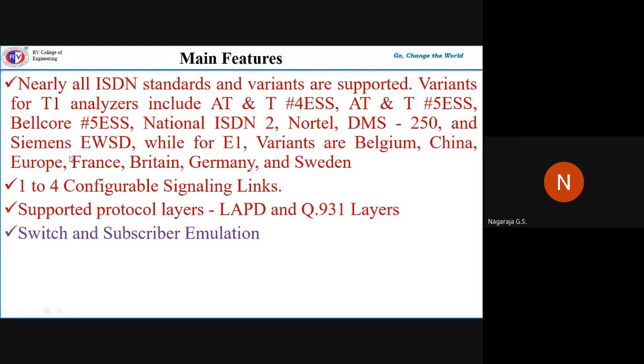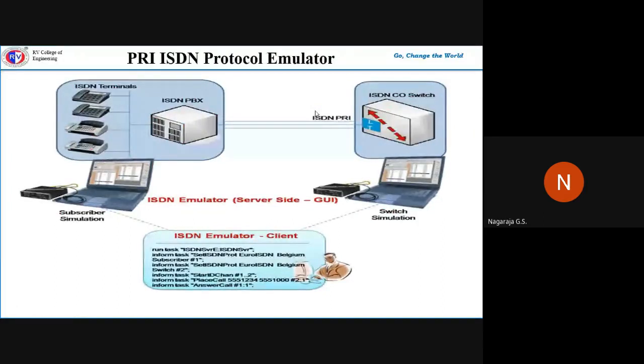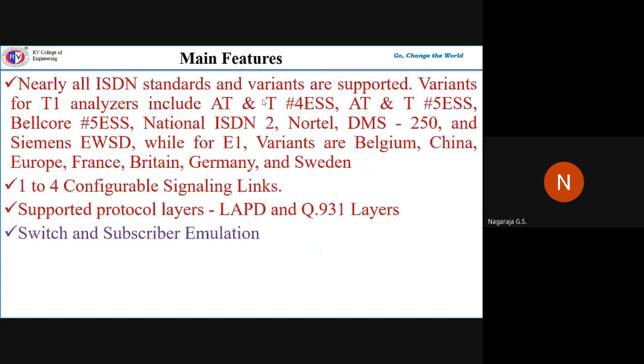Your ISDN provides so many standards and variants. You know that, right? For T1 analyzers these include AT&T 4E ESS. We use it in the case of the ISDN switch configurations, and we have another switch, the AT&T 5 ESS, Bellcore 5 ESS, National ISDN,